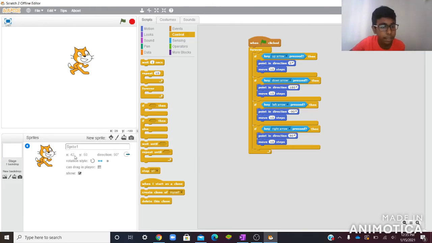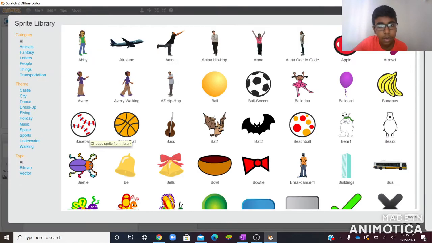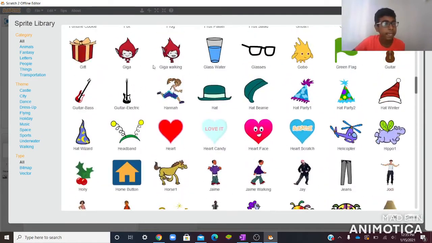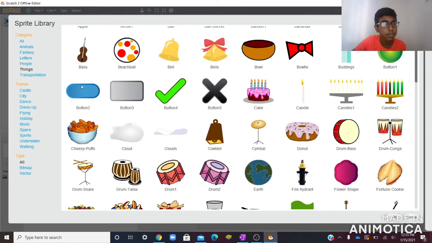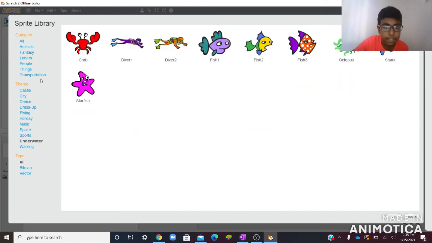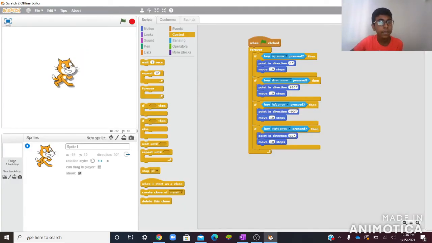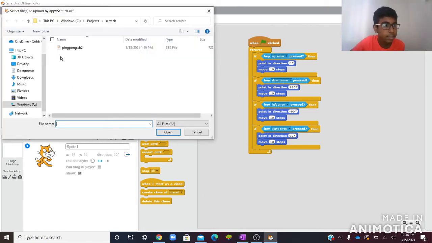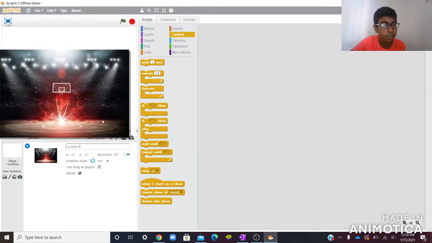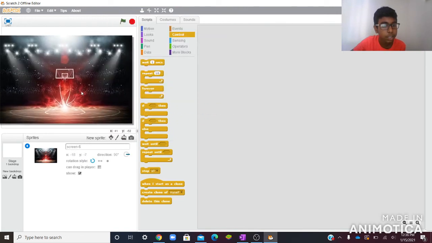There are many more sprites available, such as sprites like these, all over here. And there are also people, like many random people. There's a whole bunch of themes to select from. And whatever project you're going to be using, you can use these sprites to code with. And then finally, if you want your project to be designed, you can upload backgrounds. So I have many pictures available. I'll use this one. So if you're going to be using a basketball project, you can just upload this